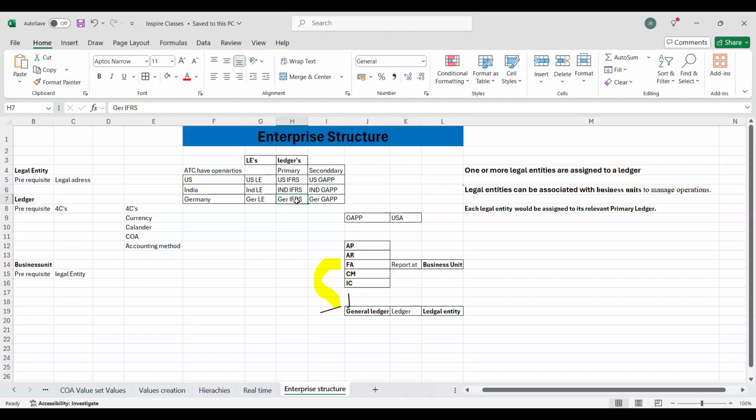So I'll define three primary ledgers for three locations: a US IFRS primary ledger, India IFRS primary ledger, and Germany IFRS primary ledger. And for the secondary ledger, I follow the GAAP accounting method, like the US GAAP accounting method, India